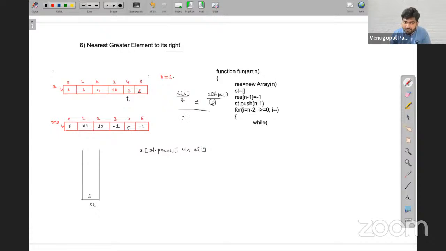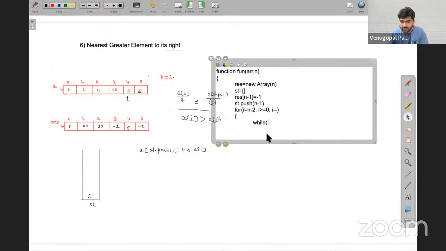In case my array of i is bigger compared to array of st.peek, no use, I'll simply remove it. I'll write the same thing here: while stack is not empty, and array of i, array only we have taken, if that is bigger compared to array of